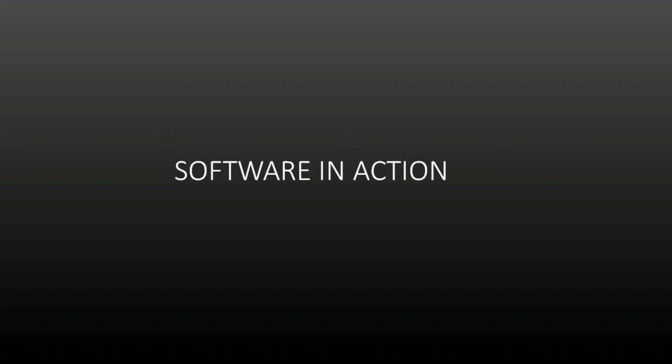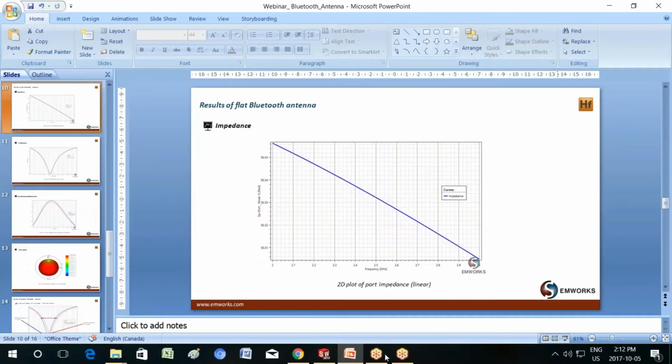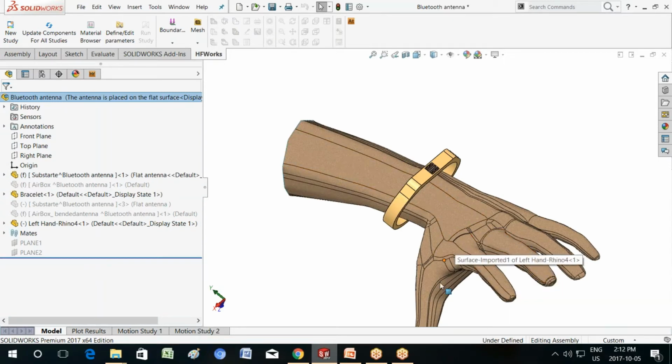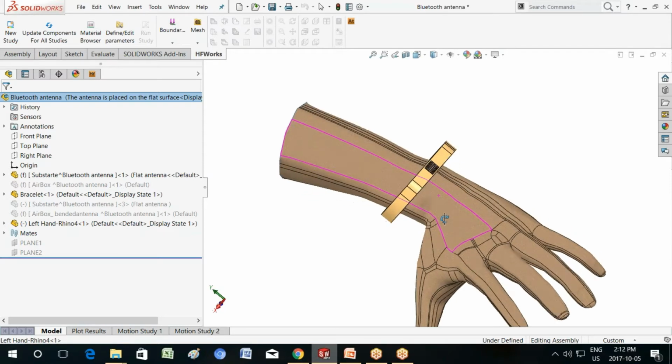Okay, so now I'm going to switch to the software. So we're going to go and switch to SOLIDWORKS. So here you can see inside SOLIDWORKS I have built a complete model where I have actually a model of a hand, I have a bracelet model, and we have an antenna model. Now these antenna dimensions and the model were preset, pre-calculated ahead of time,